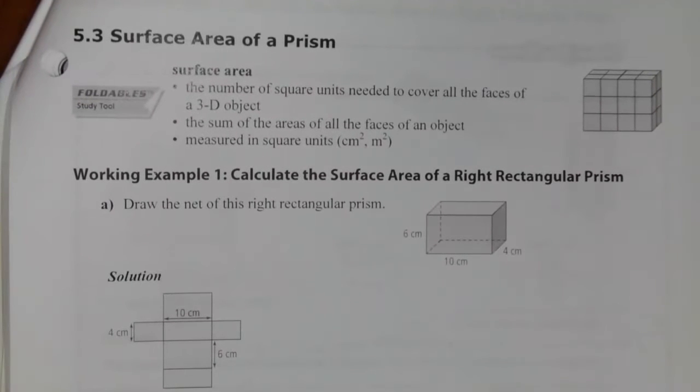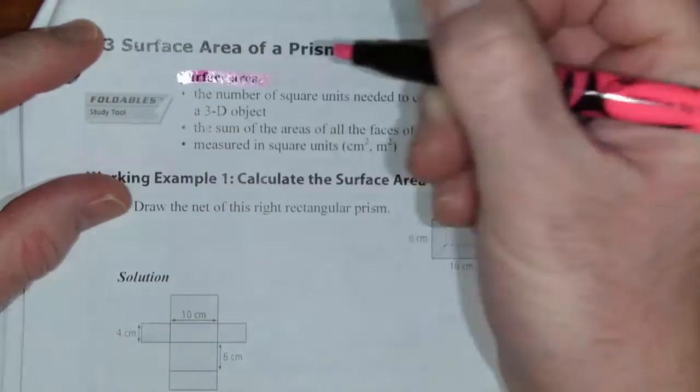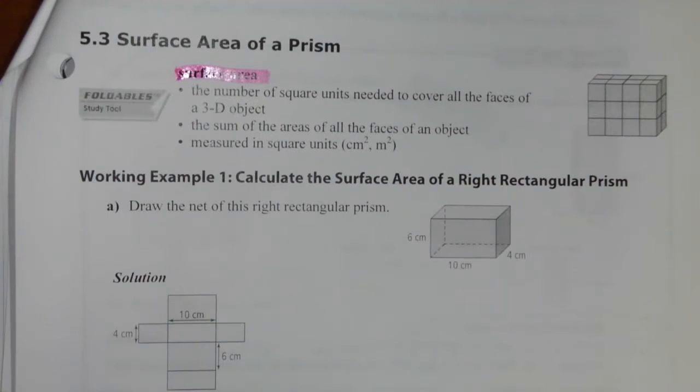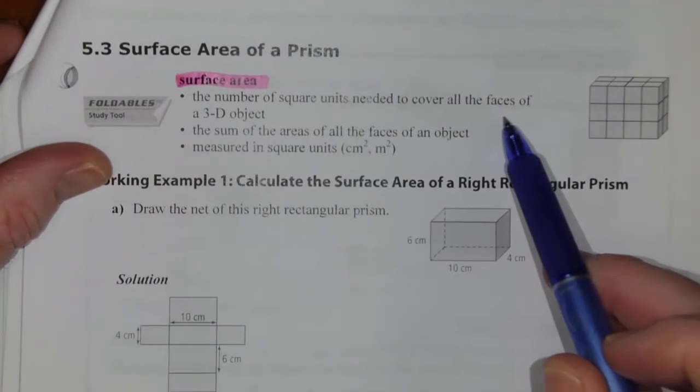Welcome to the 5.3 surface area of a prism section. So we're going to start with a definition, and our definition has to relate directly to our title. What is surface area? Surface area is the number of square units needed to cover all the faces of a